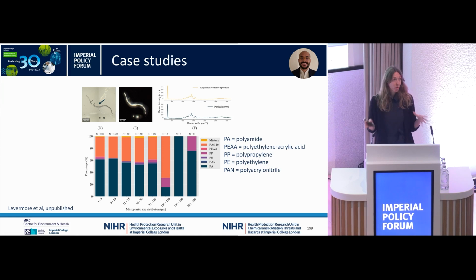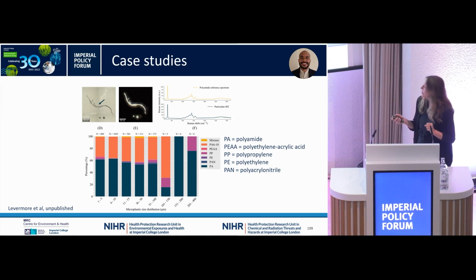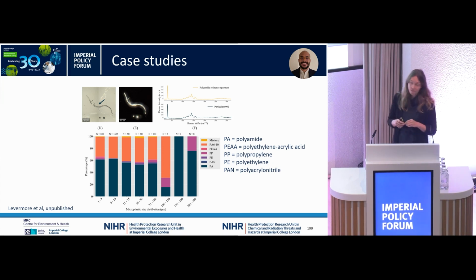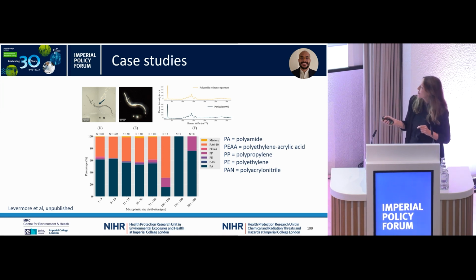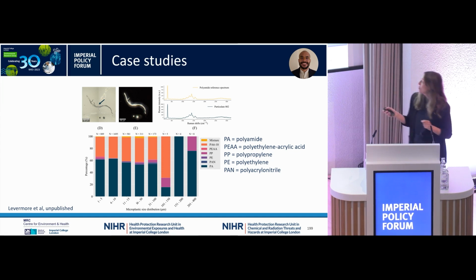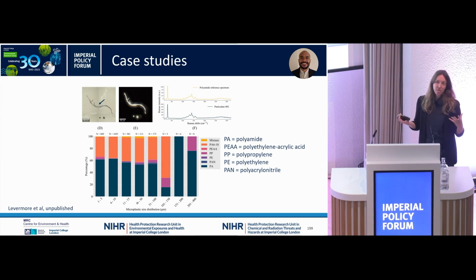So we found, again, microplastic in every sample. Here are examples of microplastic fibers as opposed to particles, which relate to polyamide or nylon. As you can see here, we found microplastic in these samples down to around 1 to 5 microns in size, and the different colours relate to different plastics found. And the majority were polyamides, nylons. We found some polyethylenes, polyamides, but really we hypothesized most of this was probably coming from the users.